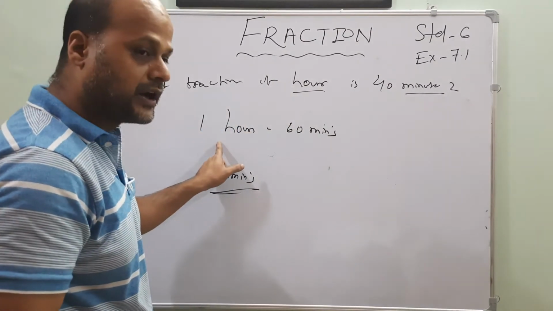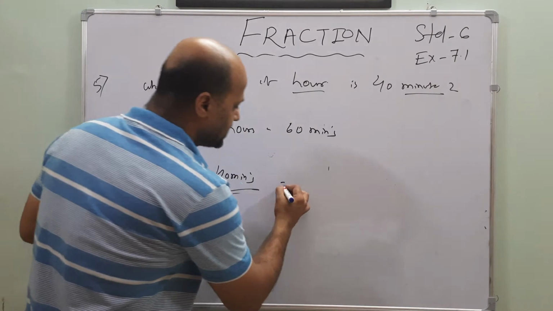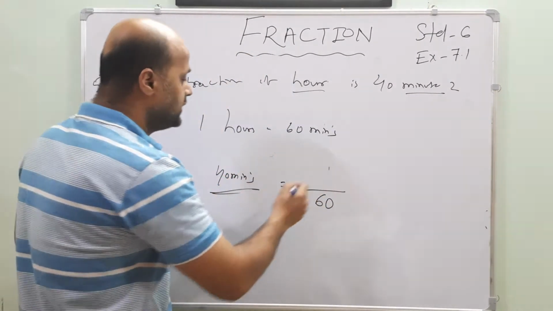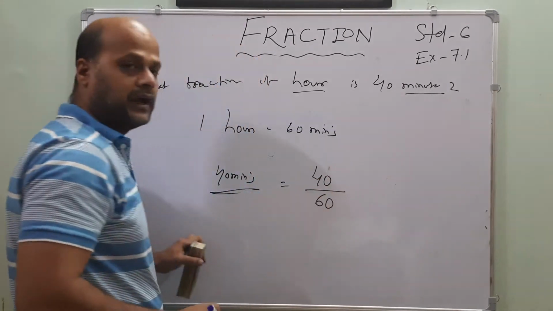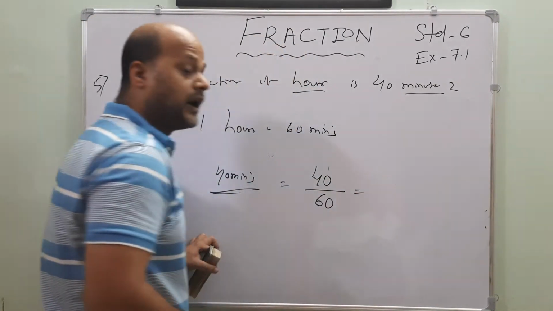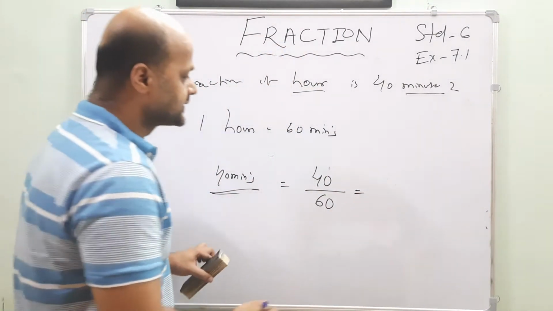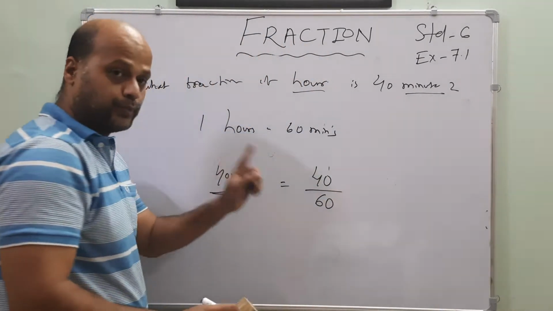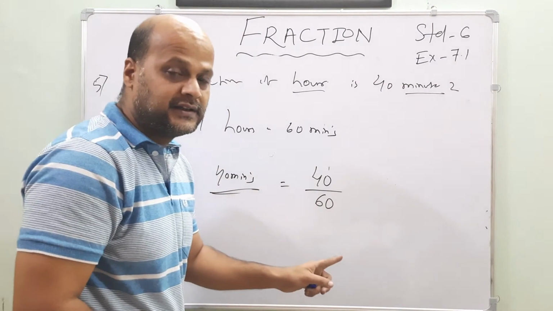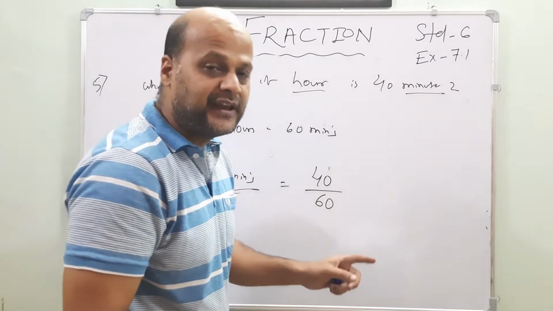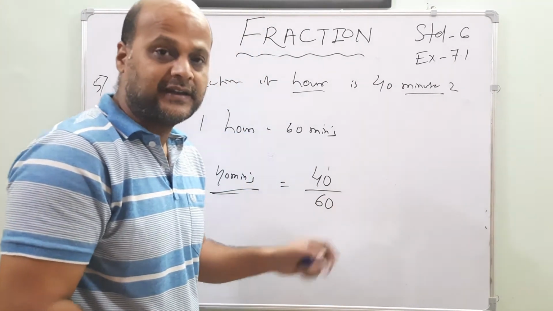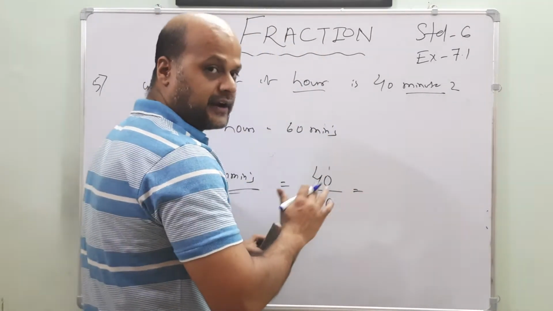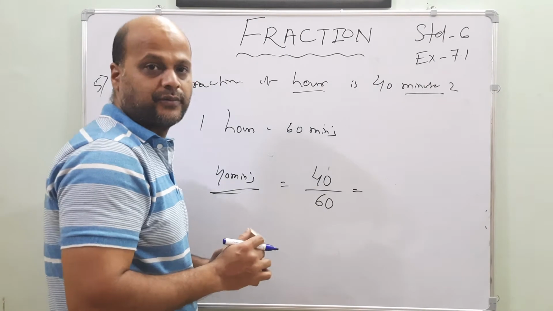Yes, we convert the 1 hour into 60 minutes. So write the total, how much? The total will be written in the bottom portion, and the given is written in the top. So what will it be? Who will tell me? Yes, this is the fraction, this is the answer. But you have to minimize this one. Write it in the lowest form. What is that? Lowest form means divide into the nearest smallest form.